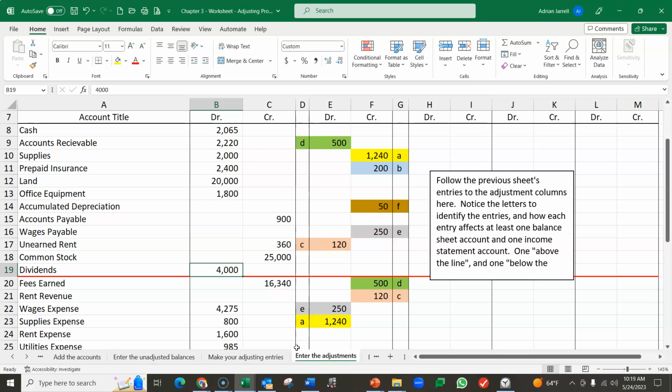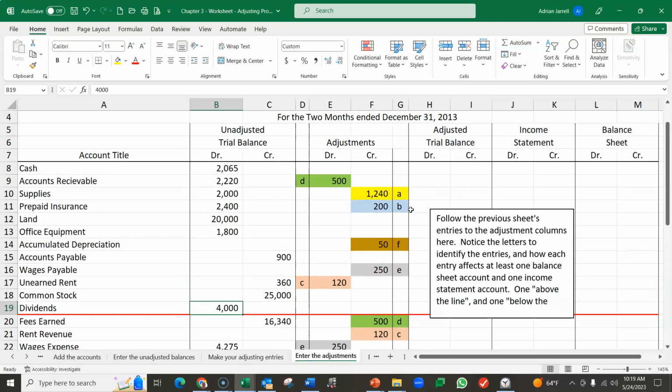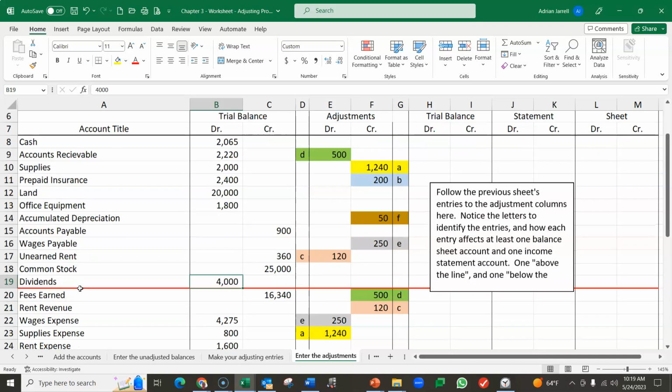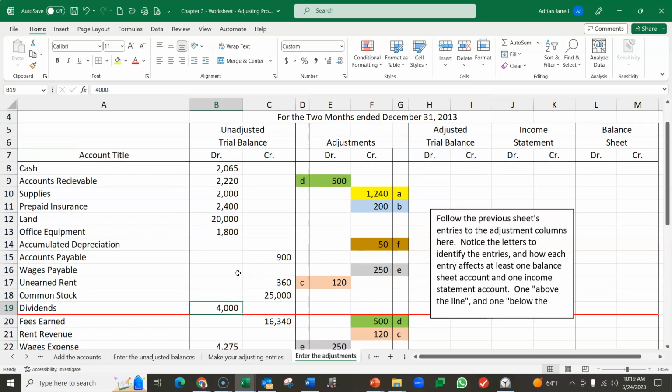I'm going to enter the adjustments. You'll notice here that I have my line drawn above the line and below the line. Below the line is the income statement. Above the line is the balance sheet and dividends. But